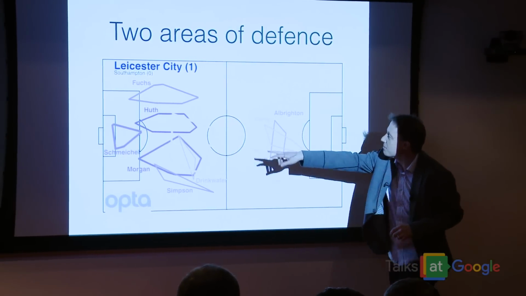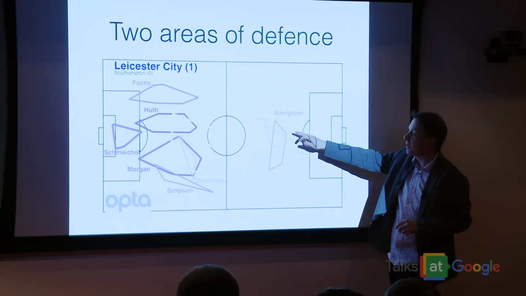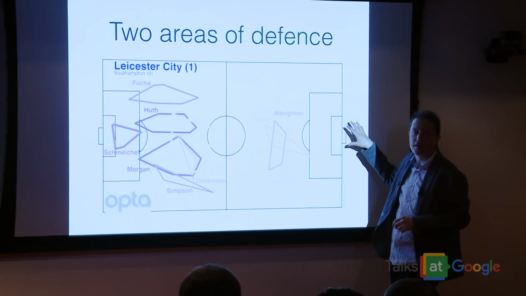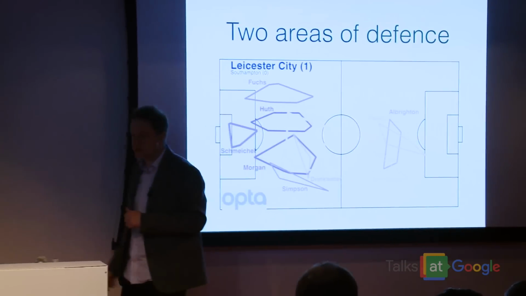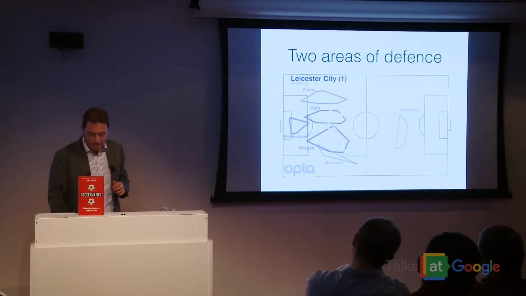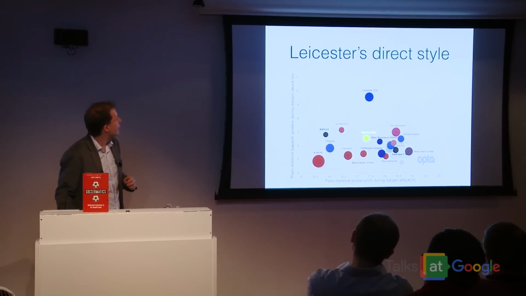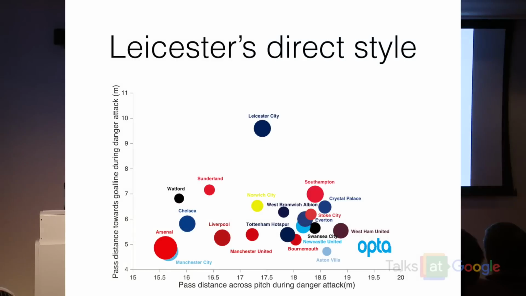Or if the ball comes up from Kante, maybe Vardy doesn't get it first time, but he recovers it very quickly, and then they can continue to attack on goal. So you can see where the defensive territories are. And I did a study back in February looking at what is it that makes Leicester different from the other